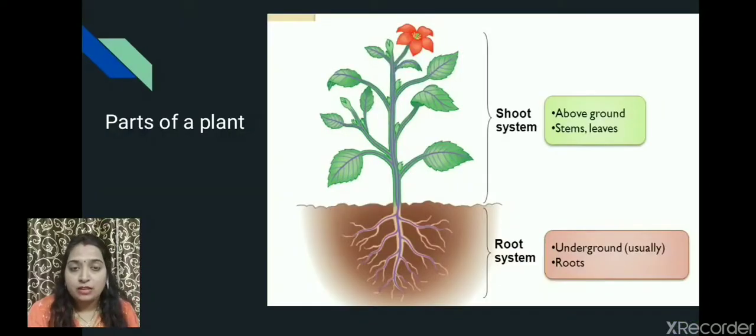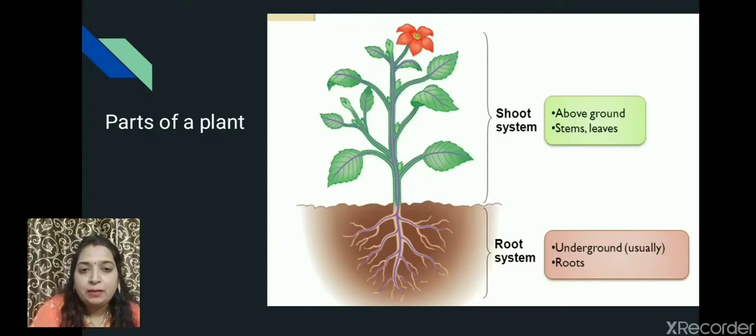Let's come to our next topic. Children, you know about living things. Examples of living things are plants, animals, human beings. So they have different parts. If you see yourself, you will see that you have many parts in your body. Can you name them? Yes, we have eyes, we have nose, we have ears, we have legs, we have hands. In the same way, children, like us, plants also have different parts. So we will study about parts of a plant.